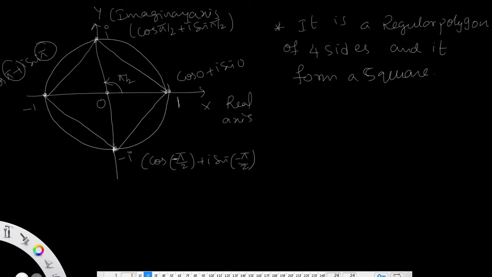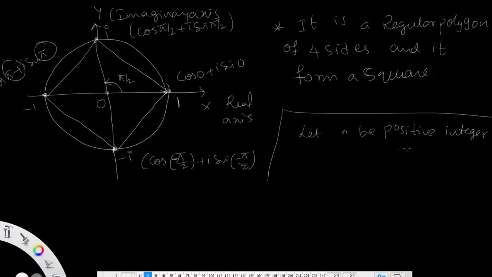Just make a note. Here is the smallest definition: let n be a positive integer and z be a complex number,